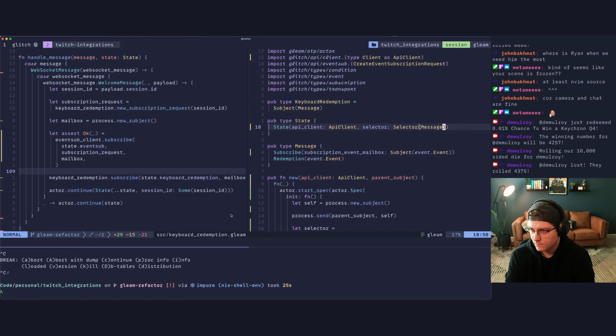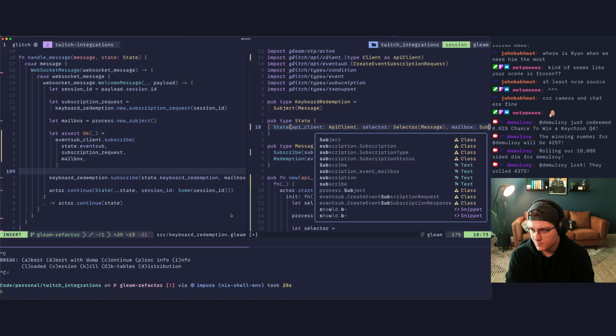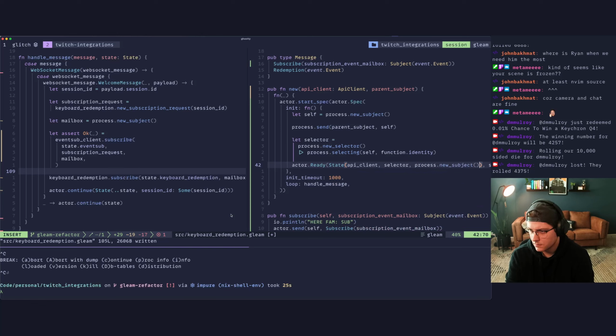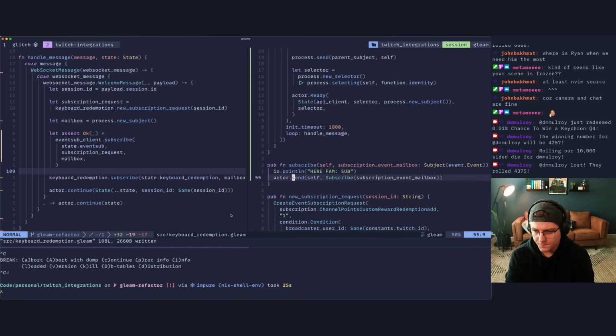This will be a mailbox of subject event.event. Then we'll do process.new_subject. And then we'll have a public function to get that mailbox, I suppose.